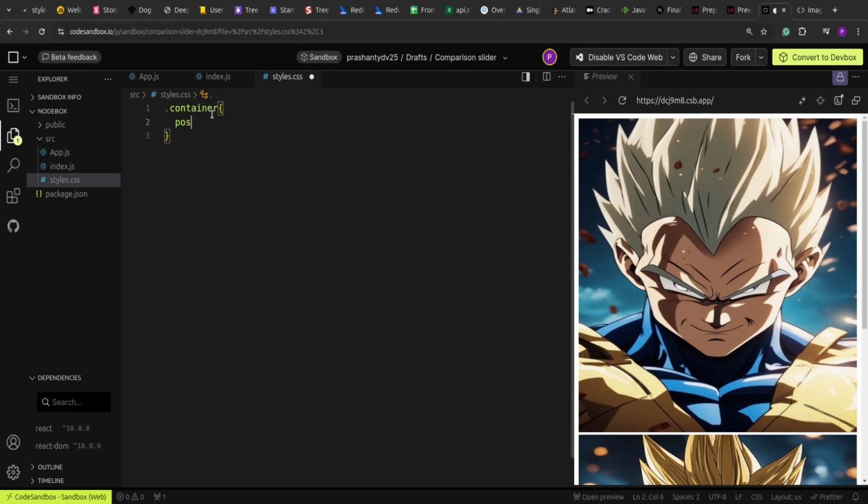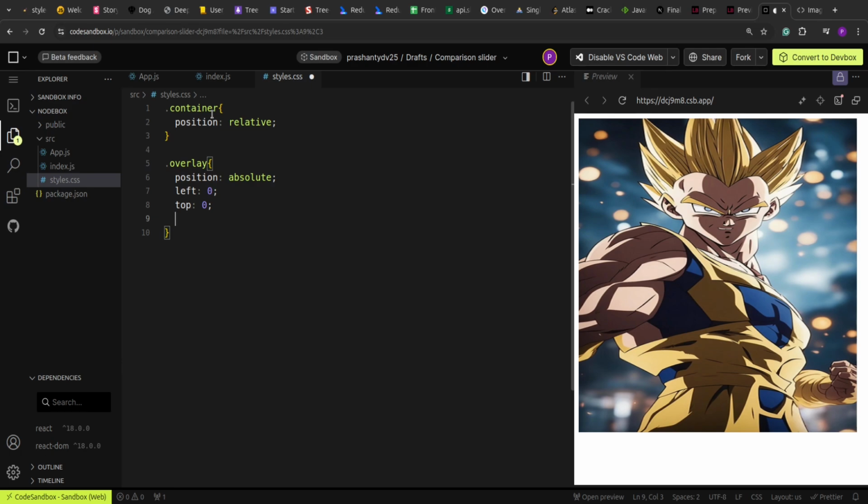So the container will set the position as relative, and then to the overlay we'll say that its position should be absolute with left 0, top 0, and then we'll keep its width 50% initially so that it's half visible,